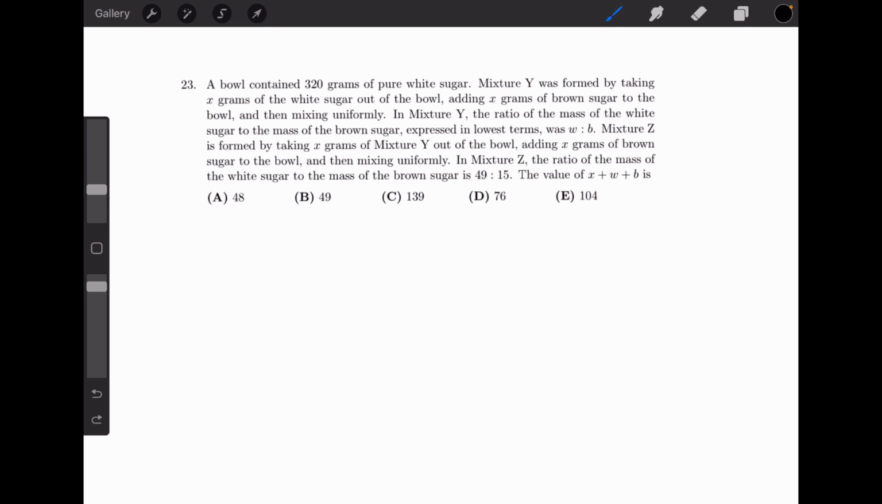Mixture Z is formed by taking X grams of mixture Y out of the bowl, adding X gram of brown sugar to the bowl, and then mixing uniformly. In mixture Z, the ratio of mass of the white sugar to the mass of the brown sugar is 49 to 15. The value of X plus W plus B is